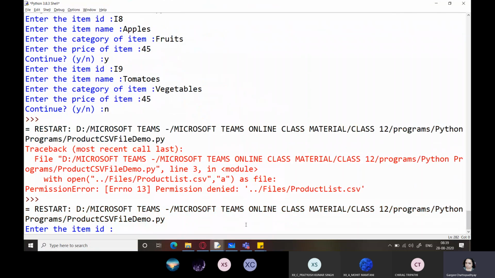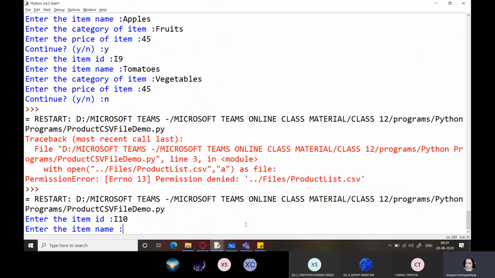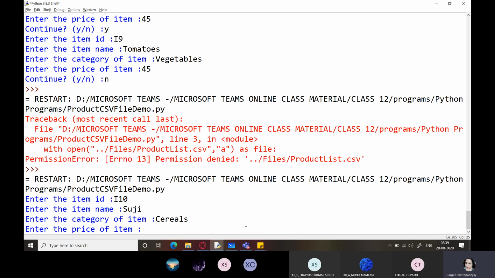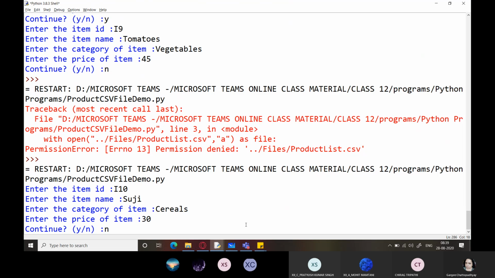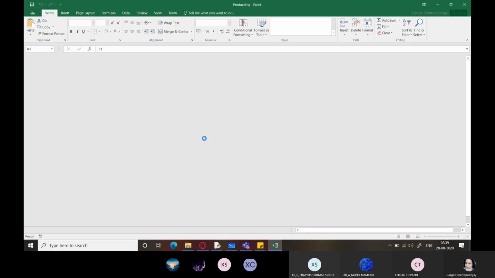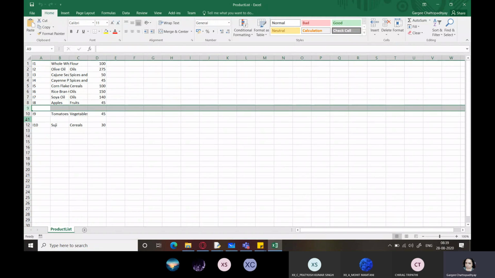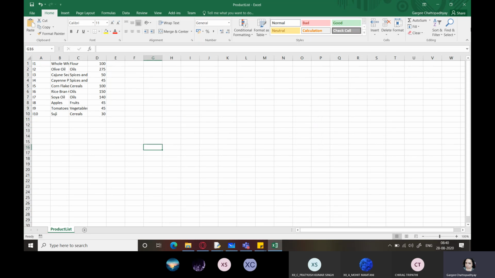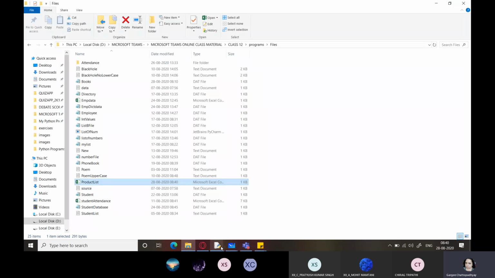So now I'm running the file and maybe I can enter I10 and the name of the item, let me give it as something. Okay, and let's check the file once again. So now you can see that a blank line is being added every time. And this blank line is over here after Suji also, right? So for removing this blank line, I'm going to delete those blank lines right now and we are going to add some more records to the file, but after making some changes.